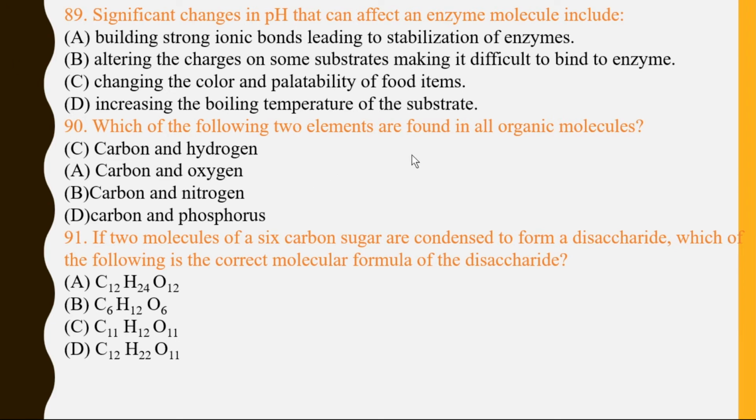Good. Question number 90: which of the following two elements are found in all organic molecules? A, carbon and hydrogen; B, carbon and oxygen;